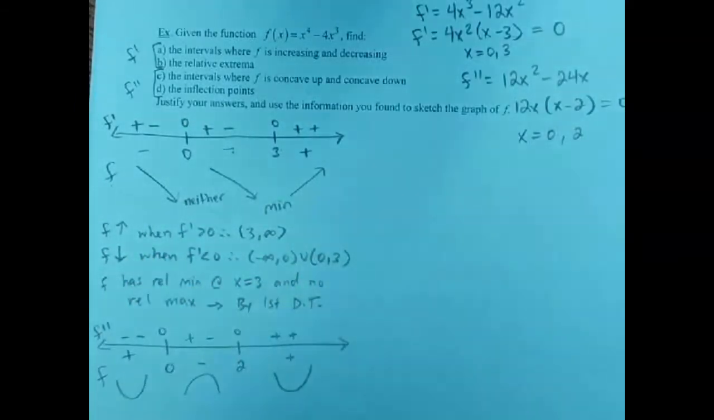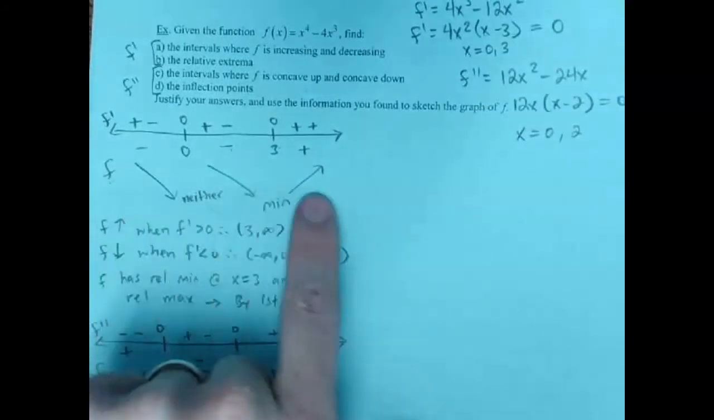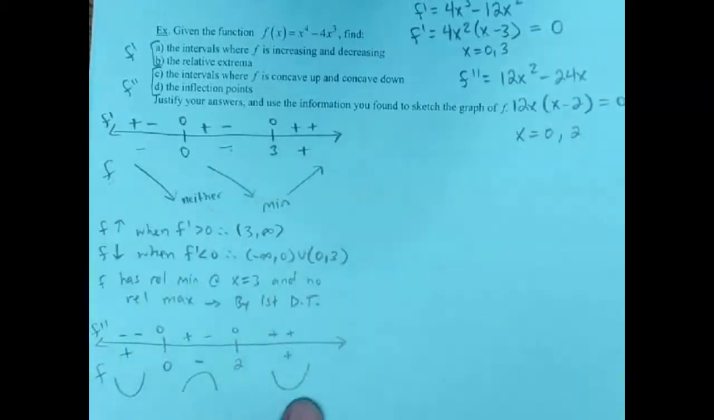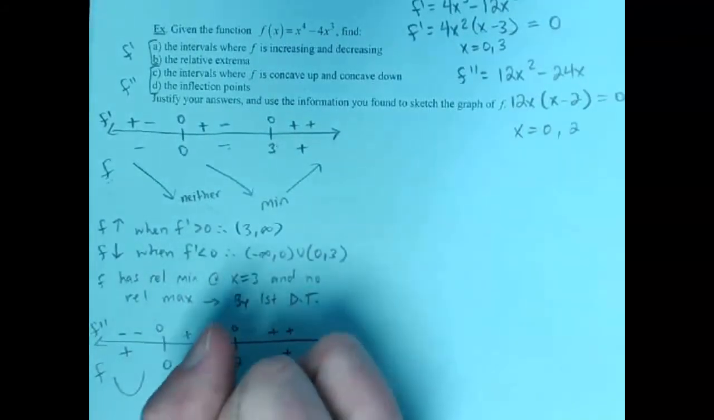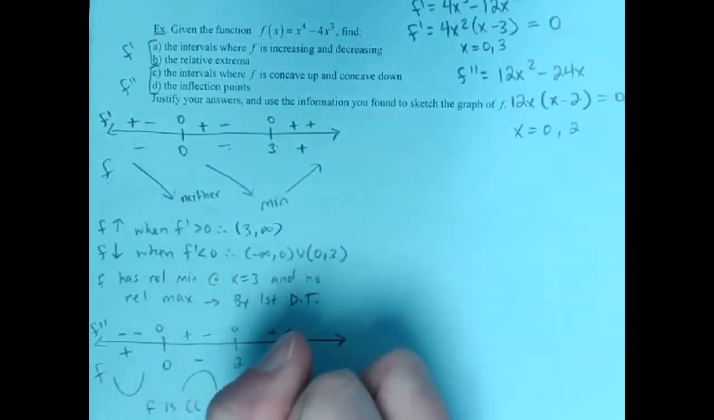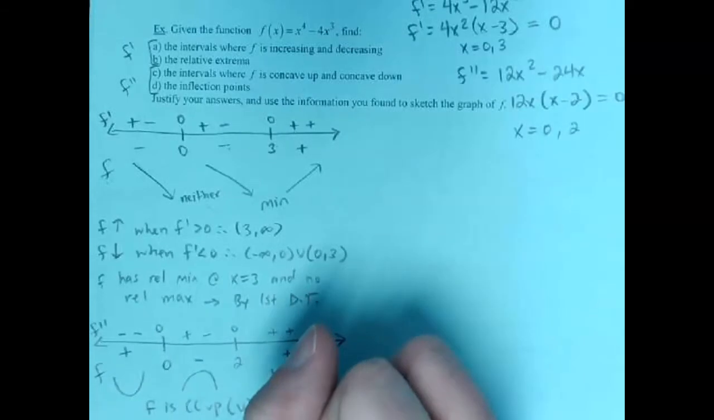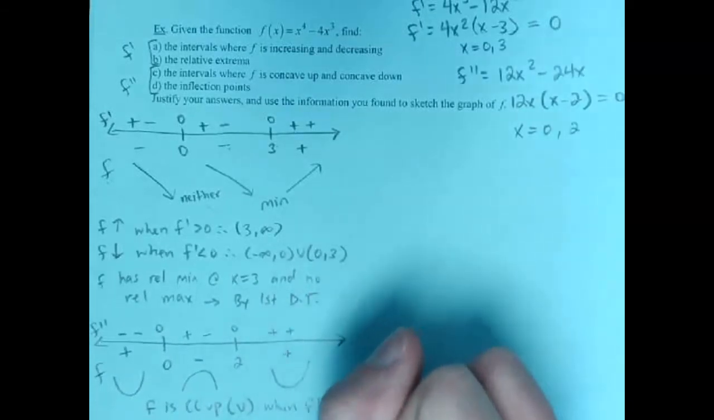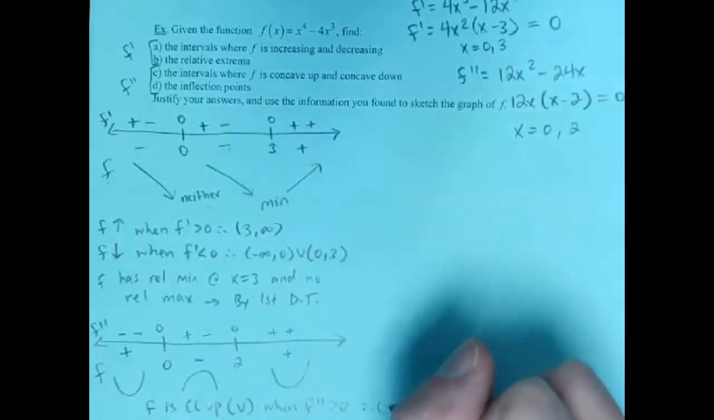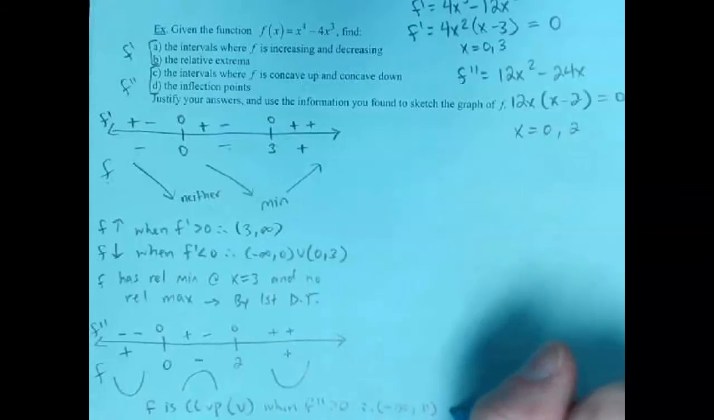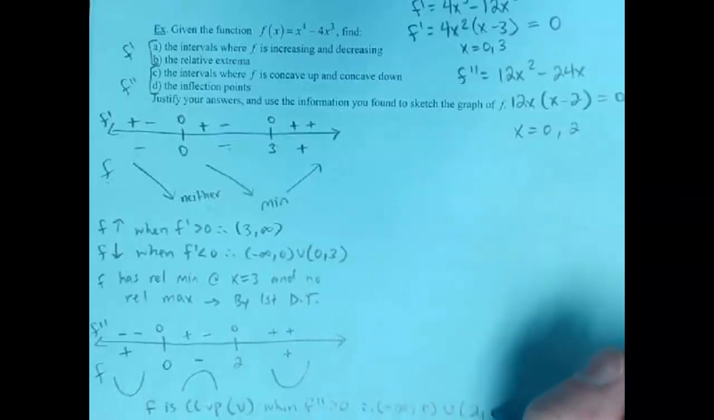Okay, so we did the second derivative sign chart, but instead of increasing and decreasing, it tells us concave up or concave down. Okay, so let's see. F is concave up when the second derivative is positive. So that was from negative infinity to 0. And then from 2 to infinity,